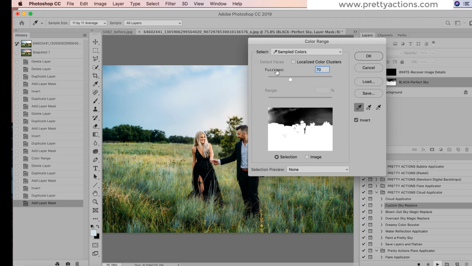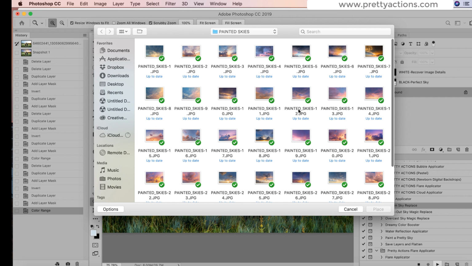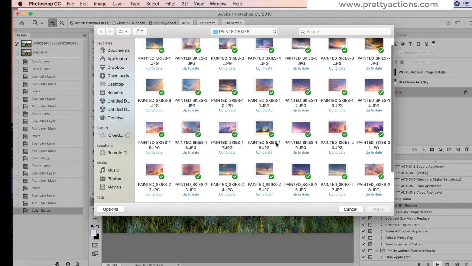Now I can always play with the fuzziness slider here and move that to the left. Now more of it's being unselected, so I want to move that further to the right. Okay, notice I'm getting a pretty solid selection here, and any of the black down below the horizon is also where some of the sky is going to be placed. So again, there's going to be a little bit of masking there, but this is looking really good. We're going to press OK, and I'm going to go in and